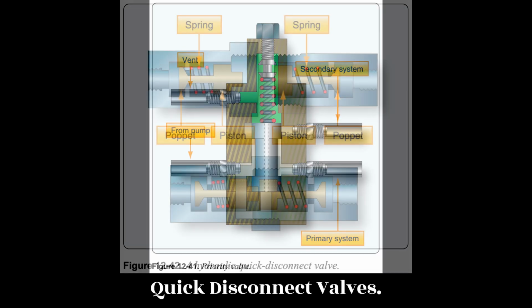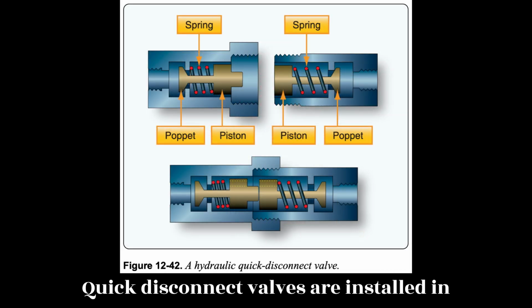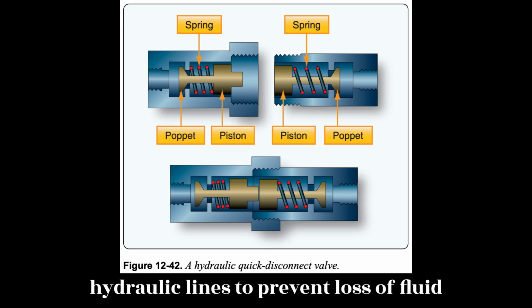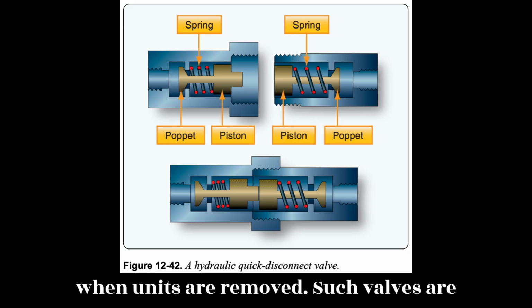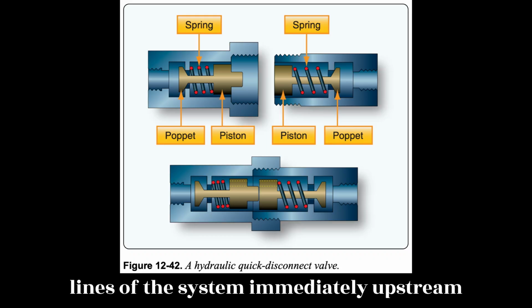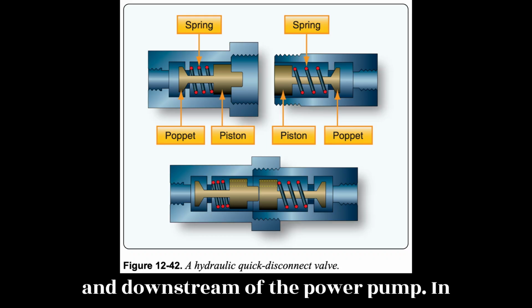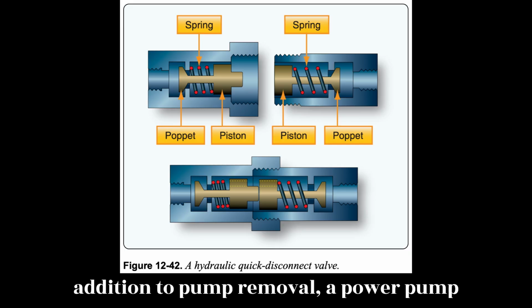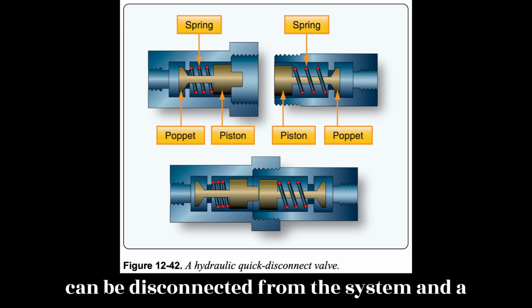Quick disconnect valves. Quick disconnect valves are installed in hydraulic lines to prevent loss of fluid when units are removed. Such valves are installed in the pressure and suction lines of the system immediately upstream and downstream of the power pump. In addition to pump removal, a power pump can be disconnected from the system and a hydraulic test stand